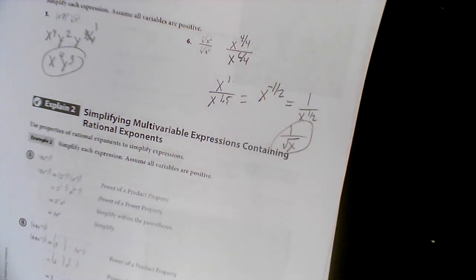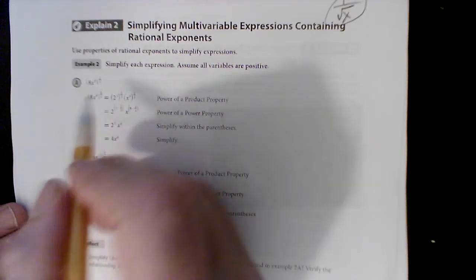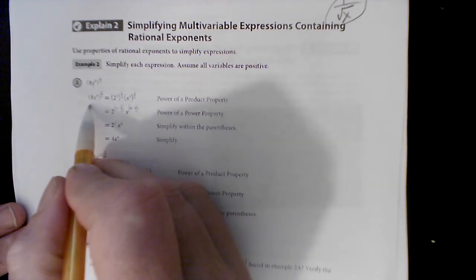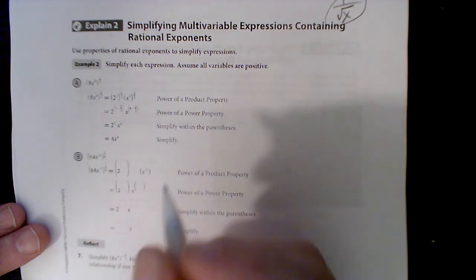So let's look how they simplify them. When you simplify something, you bring in the exponent, you combine like terms, and then you're done. So let's try this. Ready? So if I bring this in,